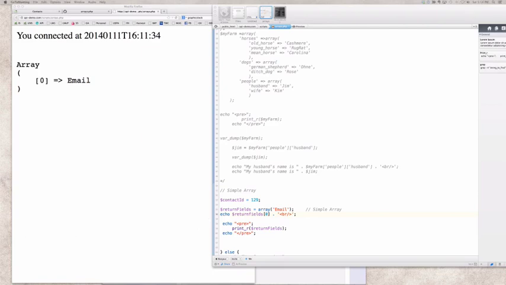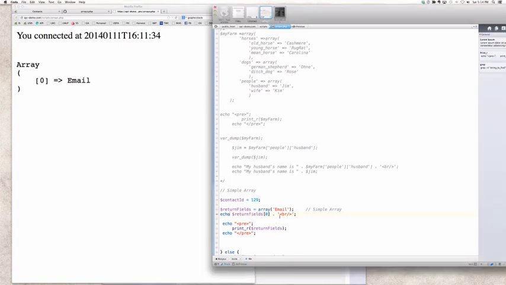Does the capitalization matter? Yes, capitalization does matter on these, absolutely does. It matters on variables, and it also matters on key value pairs. So yes. Yeah, so again, right, if I echo return fields,